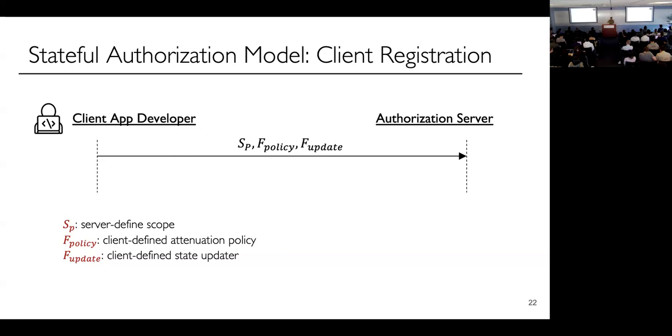And then they will submit this as a physical human being. There's a client developer portal, they have a username and password, they log in, and they can submit these programs right there. That's what happens today, except the only step that happens today is selecting SP. We just say that you need to submit these two things in addition to doing that. And then you get a client ID and a secret. The client app developer is going to take this client ID and bake it into their actual application code,